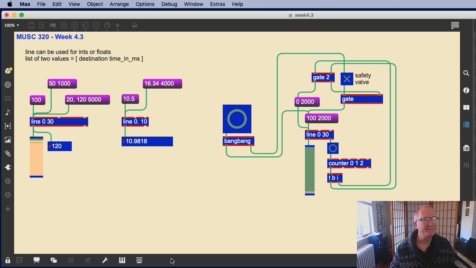Go to 10. Okay, so you can see that it actually does make a difference depending on what you're using the line for, what that second value is. Okay, so that's line. It's possible to create a whole series of line values by triggering one,